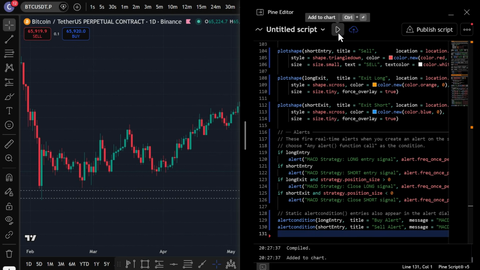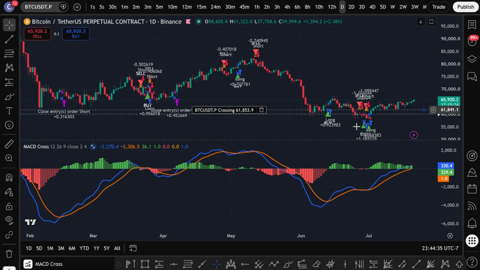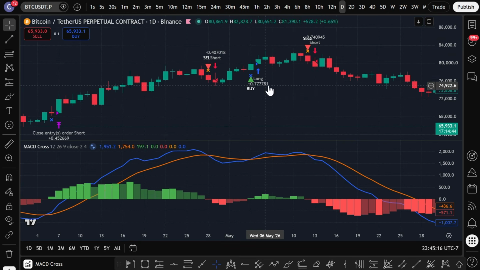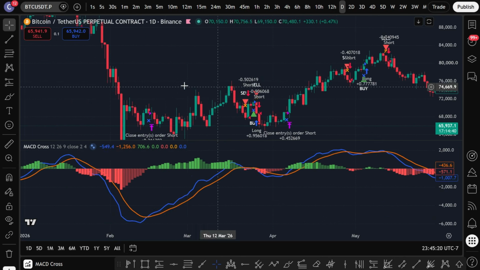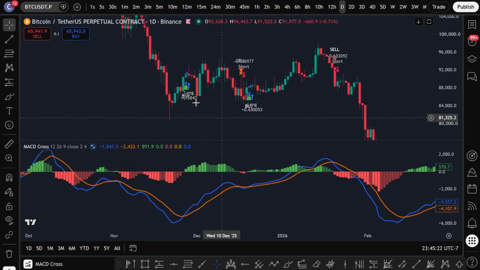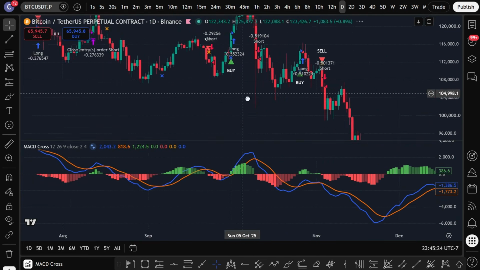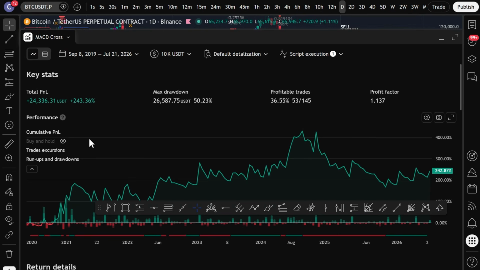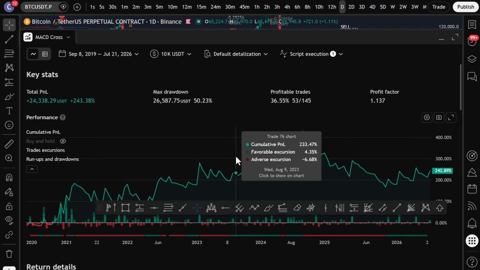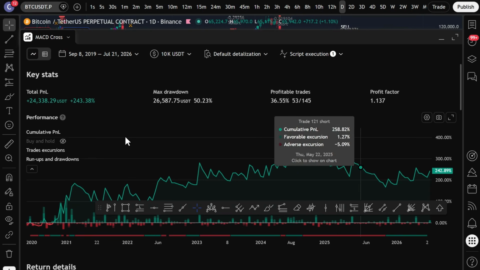TradingView will compile the script and apply it directly to your chart. And there it is. You can see the buy and sell signals automatically plotted right on the candles. Green triangles for longs, red triangles for shorts, everything firing exactly the way we set it up manually. But the best part, you can see the performance of this strategy. Click on Strategy Tester, and you can see the complete backtest data showing you exactly how profitable this strategy would